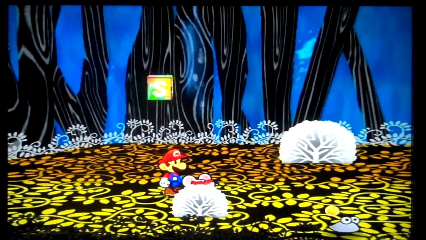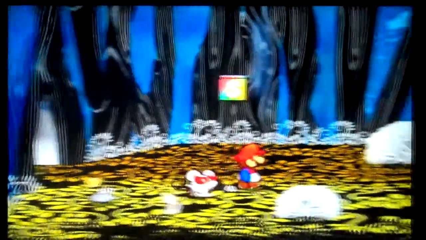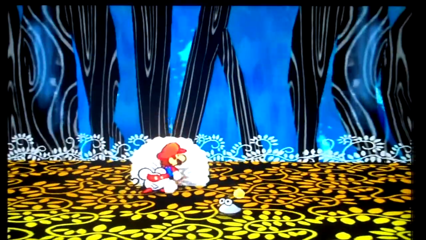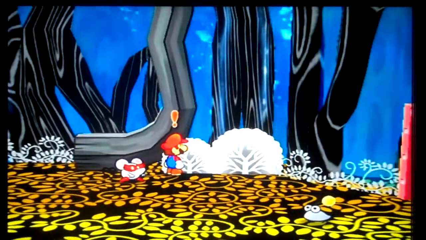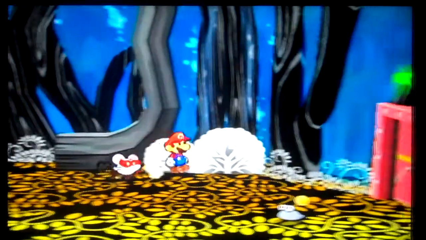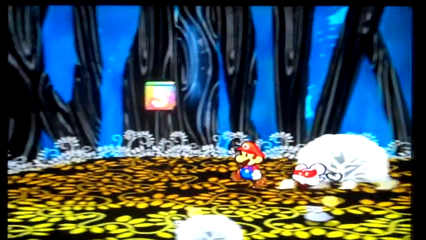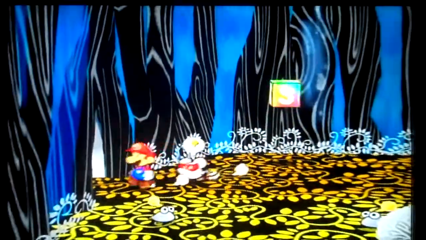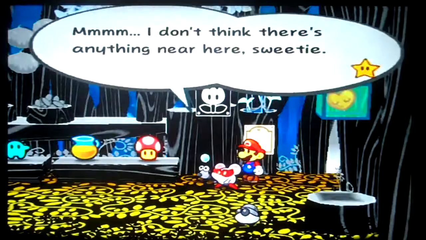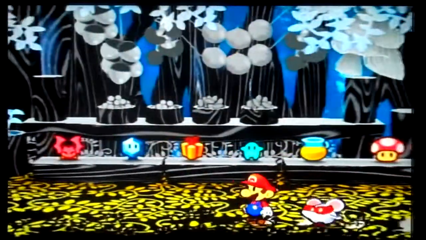Let's check. But apparently there's one in a bush near here. I'm gonna check every bush. First big bush to the right, so what she's talking about could mean anything. The save block? No, it can't mean the save block. Wait, what's first just checking here? So obviously she wasn't talking about the heart block then, since...